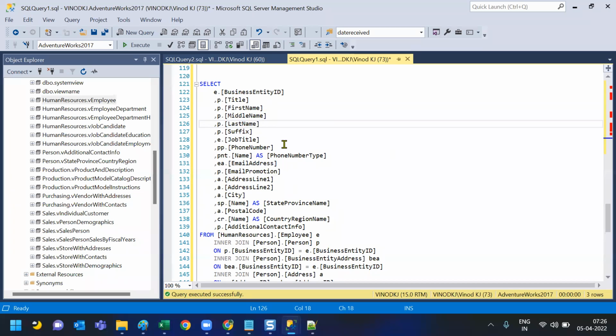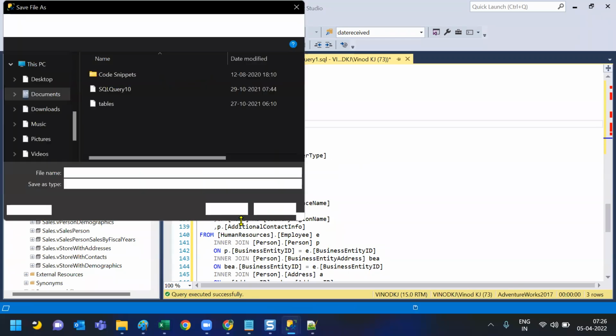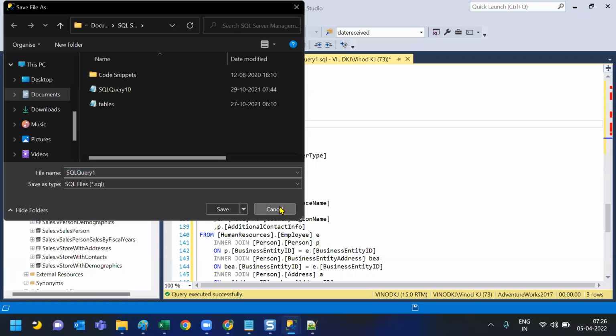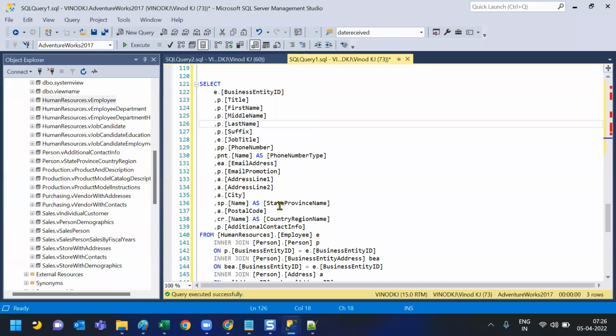So you may say, sir, I'll go and save this query, and whenever I want, I can use it. See, you can save the query, there is no problem. But what if you clean the system and the query is gone? Again, you need to rebuild, correct? Yes. So to avoid such things, Microsoft has given one particular option to